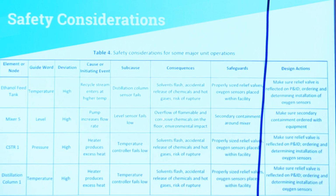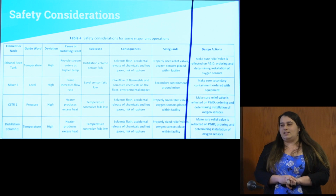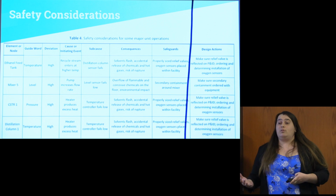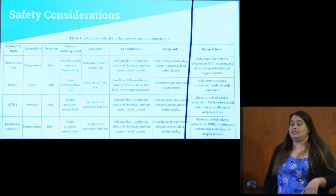Particularly, that would be coming into Mixer 5, where we have the total volumetric proper incorporation of all of our materials there. So of course, we wanted to really make sure that we're considering what proper automated loops we need to have. We've also decided that because we're working with solvents, properly sized relief valves would be necessary, as well as oxygen sensors and ventilation throughout the facility, to make sure that anyone located in there would be aware of when they need to exit in the event that the oxygen levels are beginning to dip